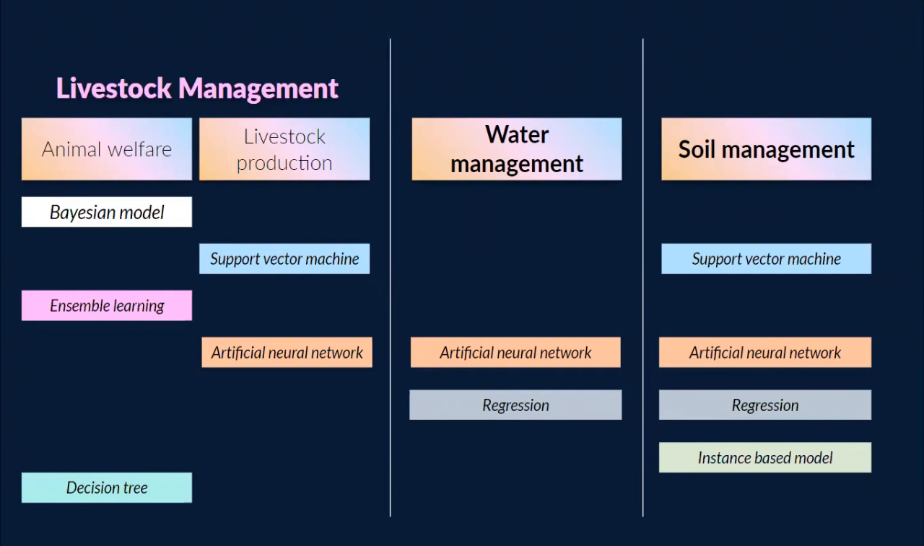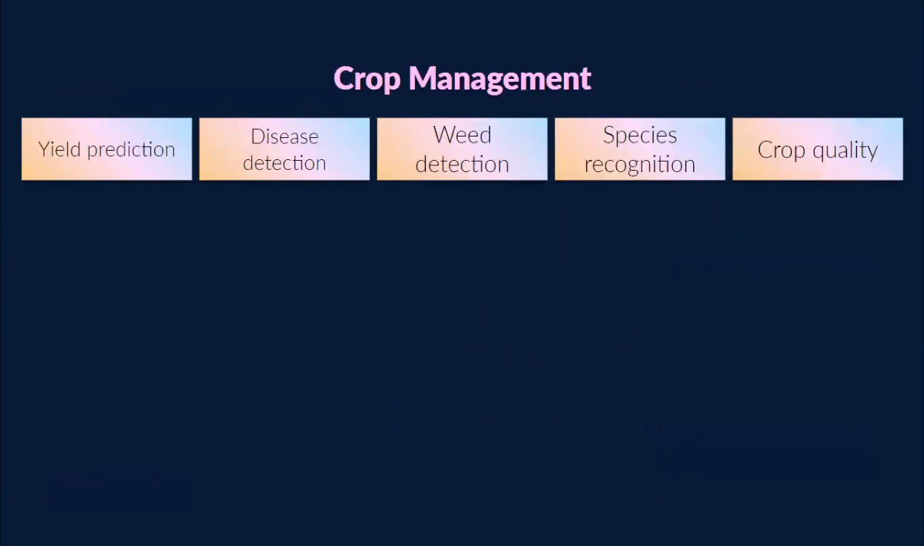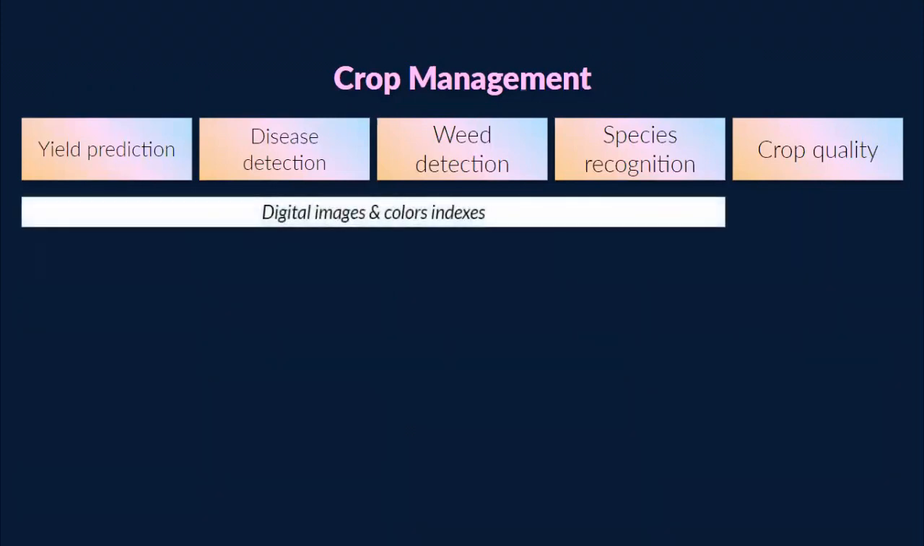Especially in crop management, water management, and soil management, whilst only livestock management implements support vector machine as the learning model. In order for us to detect and observe the features of the crops, there are a few feature techniques being used. In crop management itself, digital images and color indexes have been applied in